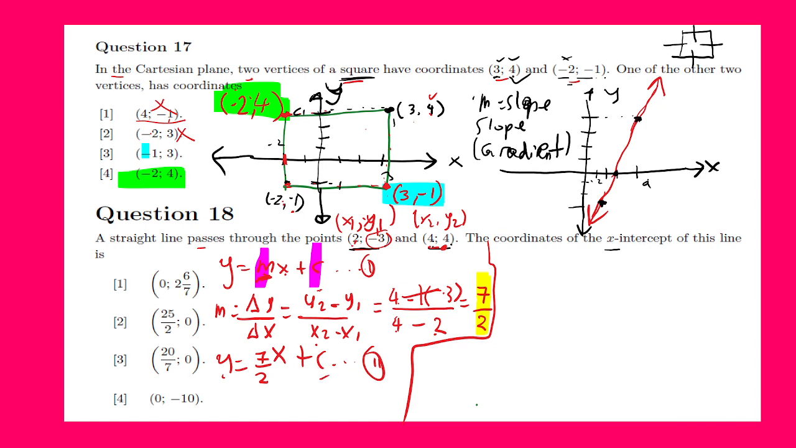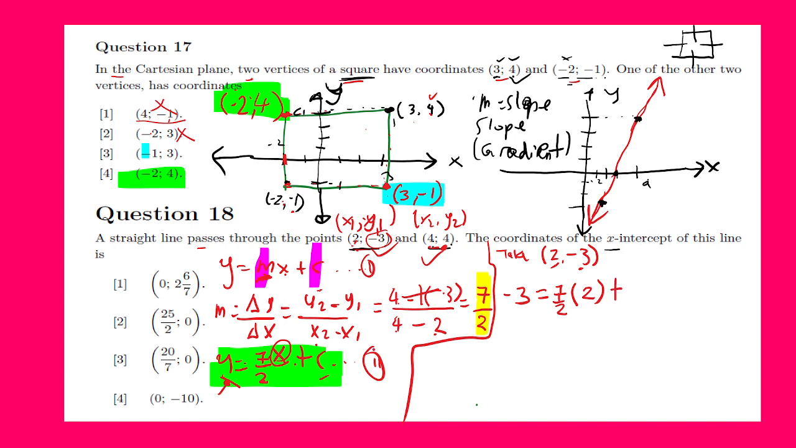How are we going to get the value of c? You can take any coordinate, either this one or that one, and substitute it in this equation. Let's say I take 2 and -3, so x equals 2 and y equals -3. We replace y with -3, equals 7 over 2, in brackets, the value of x, which is 2,